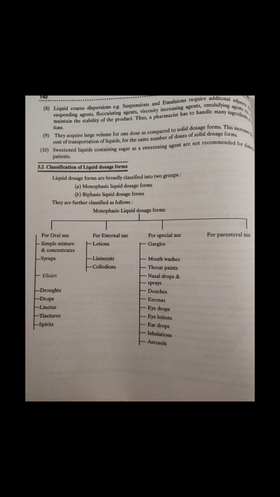Next we have aerosols. Aerosols are liquid preparations that include solutions, colloidal solutions, and suspensions packaged in pressurized containers. The drug is dissolved in a solvent or suspended in a propellant. The latter is a liquefied gas that vaporizes when the valve is opened. The medicament is discharged in the form of a mist or very fine globules. The dose is controlled by using a metered valve device in the case of potent drugs used in asthma. Patients are also warned about the danger of using an excessive dose than prescribed.